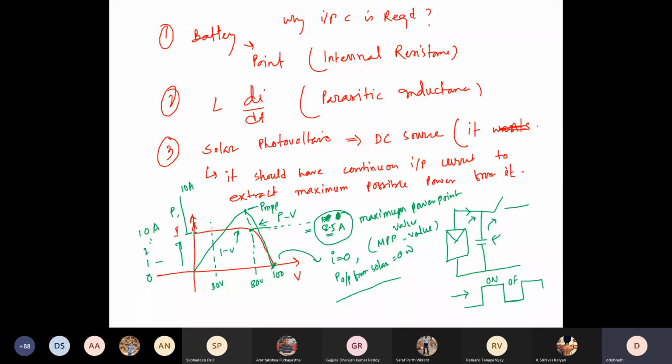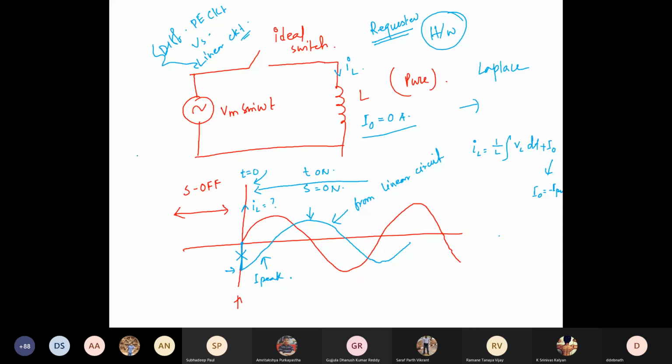So remember this. If you require, think about it. Next class I'll come back to it, because these are very basic points of power electronic converters, and this is very important. I told you last class also, you cannot skip this. I also told you to do a homework. Is there anyone who could do it?